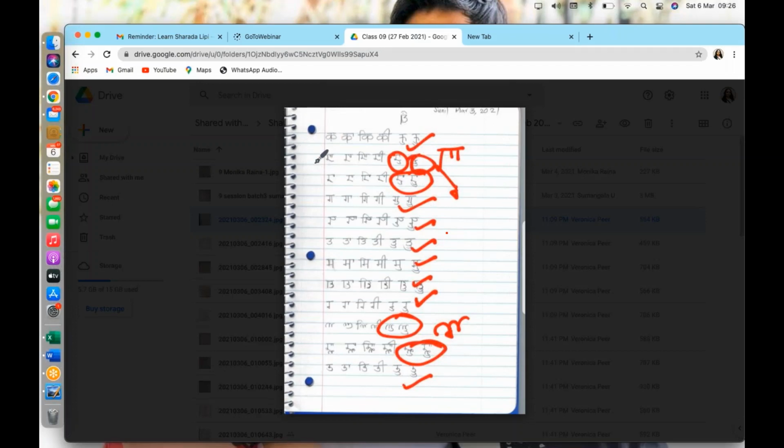The first rule was for letters like ka. You have tried to draw all matras with these particular letters, like in case of ka, you have drawn ka, ki, which is good, and ku. In case of ja, again the u, we would not follow this u rule for all the letters. For example, in ja or da or to.